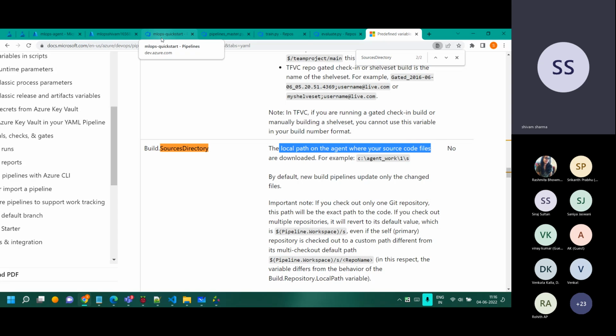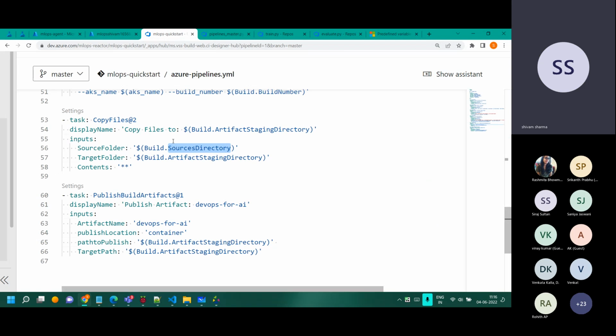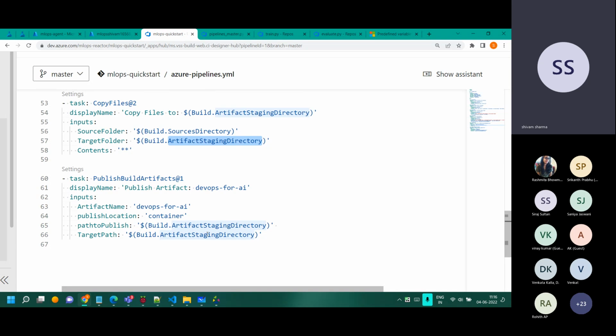So what we are doing is we would like to copy that artifact from that local agent, because that agent has to be deprovisioned. Why keep it running, right? If nobody's using it, it should be deprovisioned as well, right? So what we do over there is we copy the file from the source to the artifact staging directory. That is the one which we finally publish, and the name by which we will publish is DevOps for AI. So later on, if anyone needs to find it again, this is the name by which we can find that particular artifact, and the artifact which got created for us.